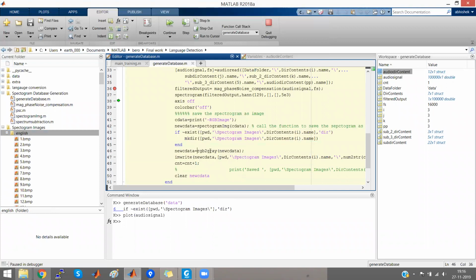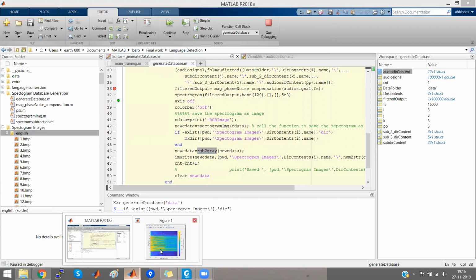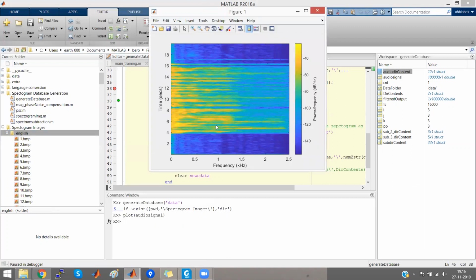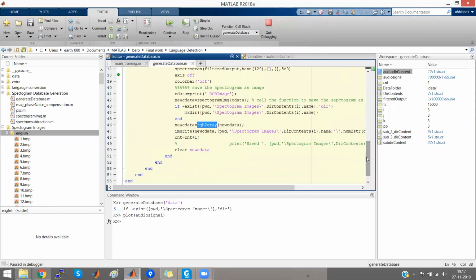The saved image is in the gray format, in the RGB to gray format. We will store the image as a gray image because a color image will require huge space, and its extraction process will be clumsy. So the image is stored as the gray image, which will be in 2 dimensions. It has only a single frame.